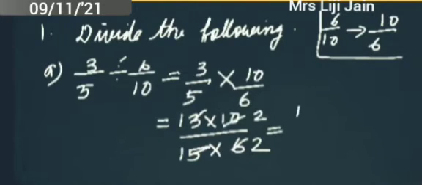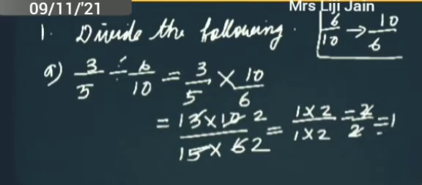So what remains? 1 into 2 in the numerator by, again, 1 into 2 in the denominator, isn't it? 2 by 2. What is 2 by 2? It is 1. Okay, if you want, we can cancel in the first step itself. Anyway, we all will get the same answer. No doubt in that. So what is the final answer? Yes, 1 is the final answer. Got it? Okay, write down B.